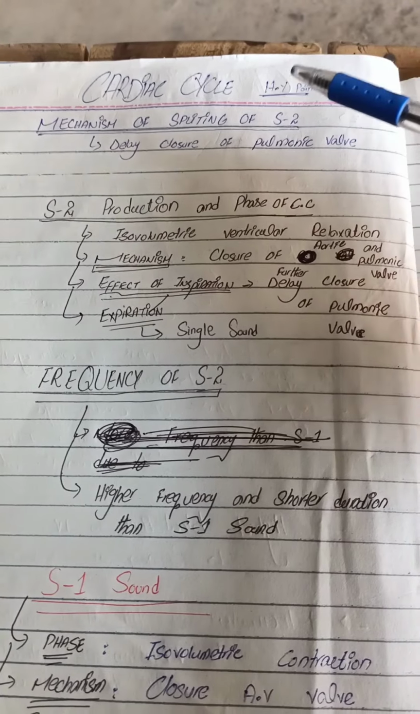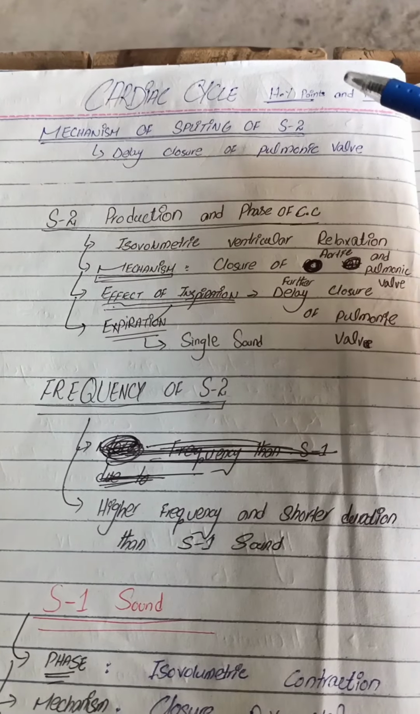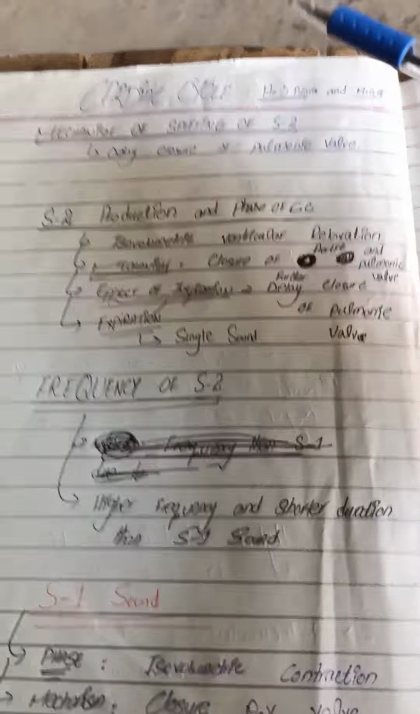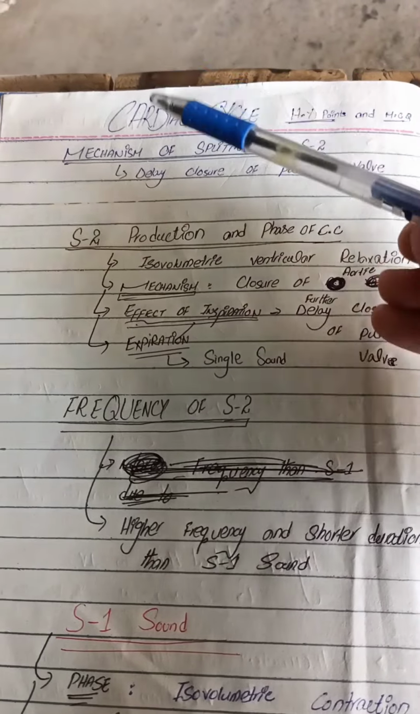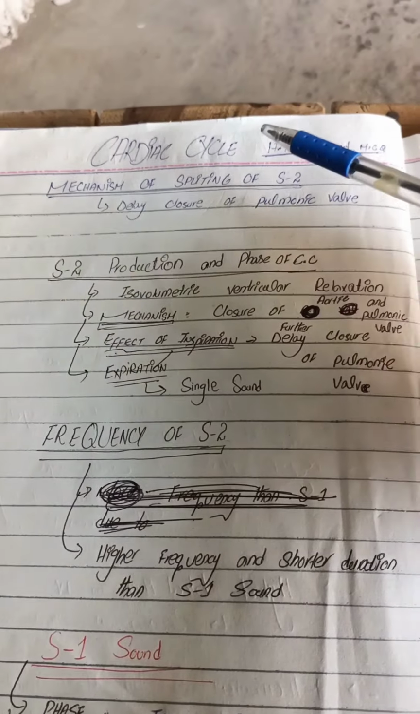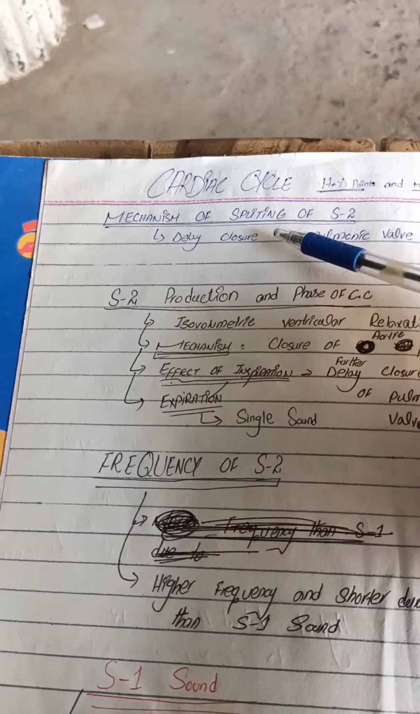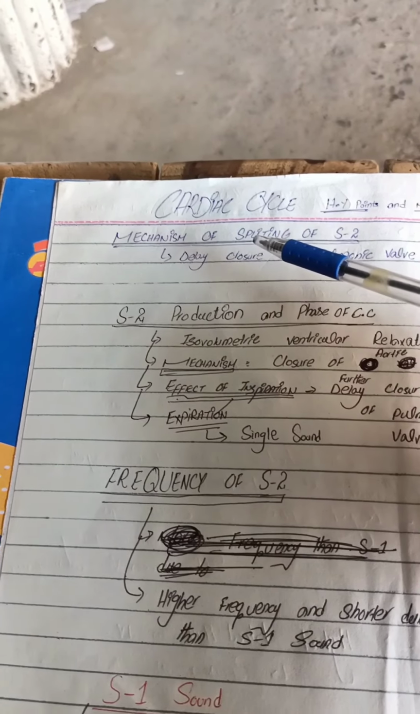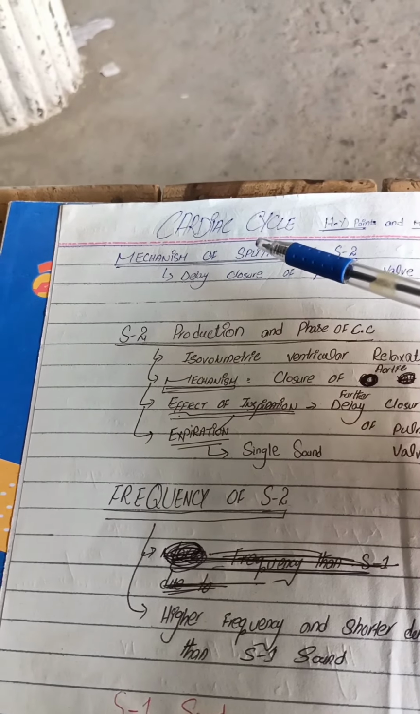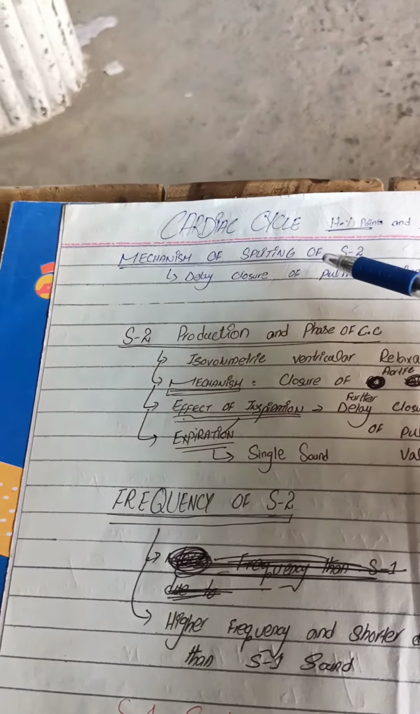We will discuss the past MCQs of the FCPS which come from the cardiac cycle. So let's begin. What is the mechanism of the splitting of the second heart sound? Basically, the second heart sound is produced by the closure of the aortic and pulmonic valves. The aortic valve closes slightly before the pulmonic valve, and the delayed closure of the pulmonic valve produces the splitting of the second heart